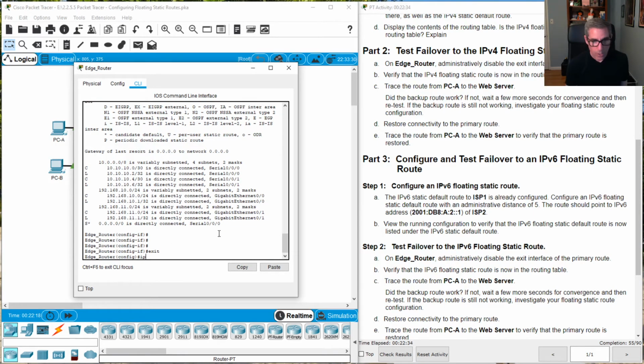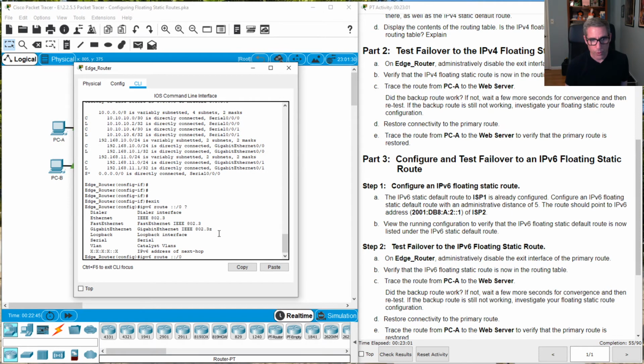So we want to do ipv6 route, and we want it to be a default static route. That means it's all zeros. And remember, with IPv6, we can just eliminate all the zeros and put 2 colons. And then for the prefix, we put a /0. Now if we do a question mark, we can give it interfaces, but we want to give it the IPv6 address of the next hop. And that is going to be